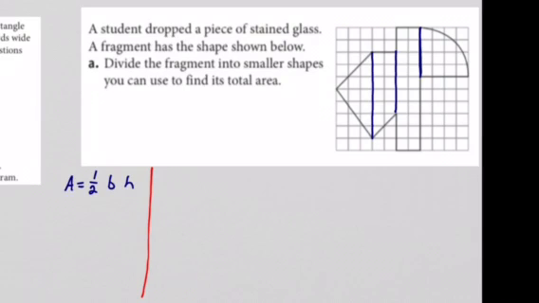All right, let's go ahead and write the formula for the trapezoid. And that is area equals 1/2